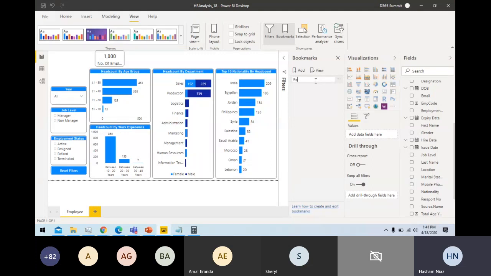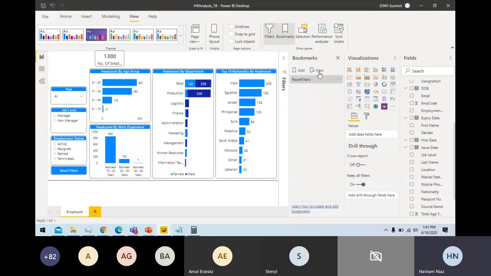So this is how I define one bookmark, reset filters. So here I want this data to be preserved because when I reset, I want this to be reset as this one. Okay. So now click view. So this is my reset one, right?